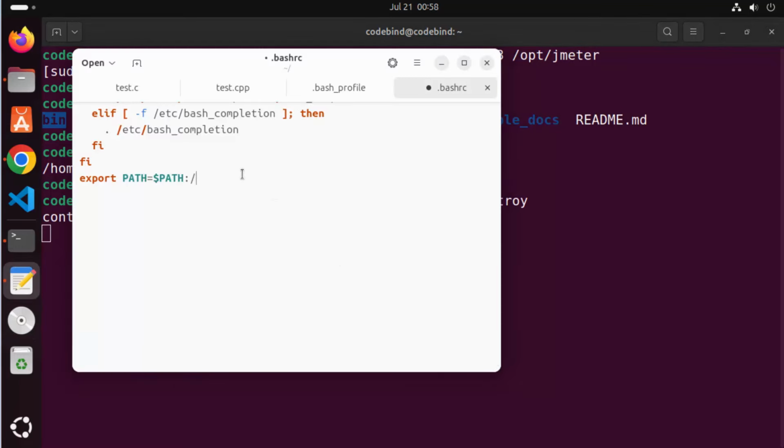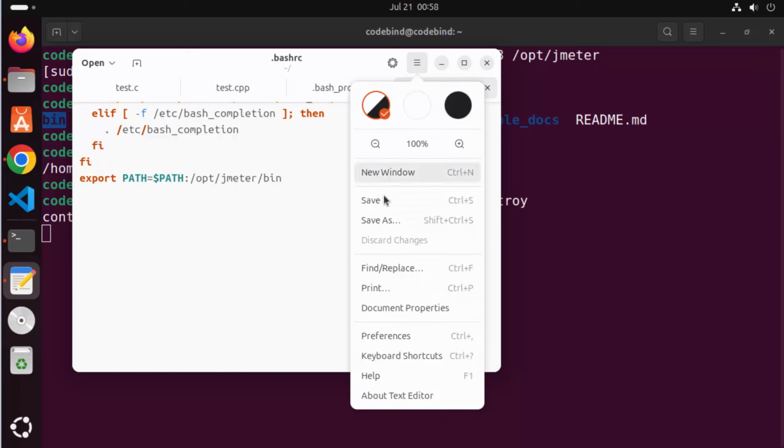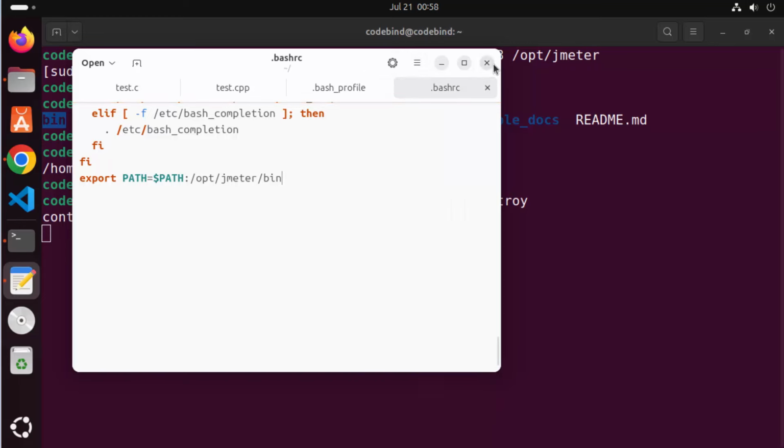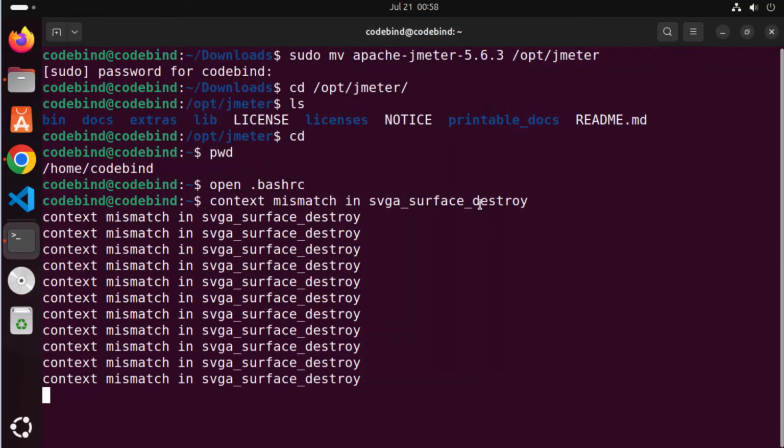So just write /opt/JMeter/bin here, and once you are done, just save your file. To save the file, just press Control S here, or you can click on this menu item and then save it from here, and then close this file, and then press Control C here to get out of your text